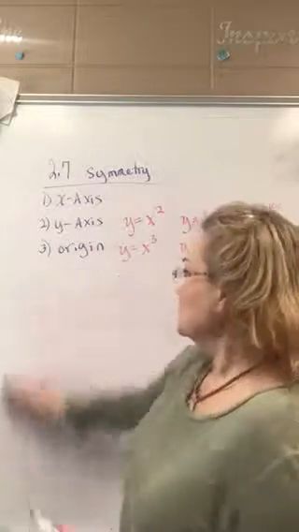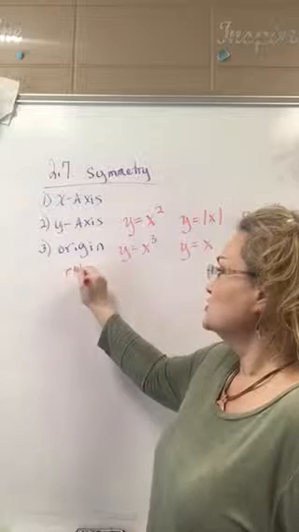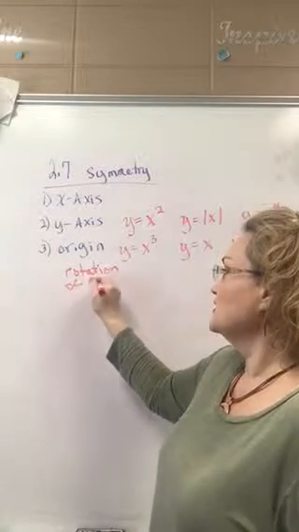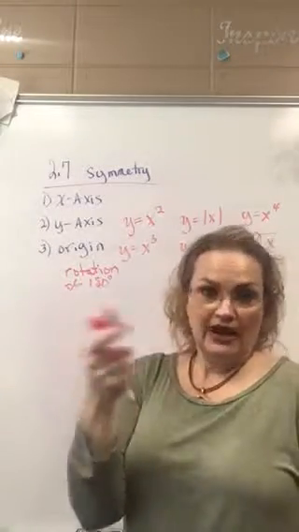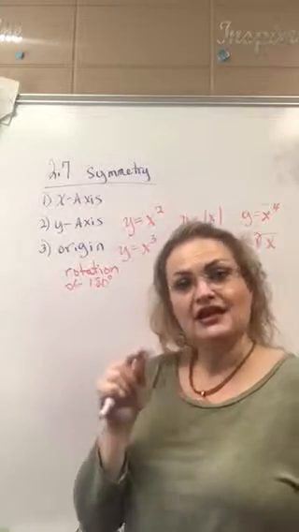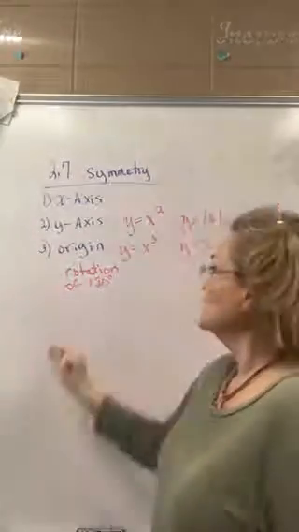All right, the third one down here, the origin symmetry. Origin symmetry is actually a rotation symmetry, a rotation of 180 degrees. If you can take the graph and spin it halfway around a circle, 180 degrees, through two quadrants, and it looks the same, it lies back on top of itself, that's origin symmetry. So looking